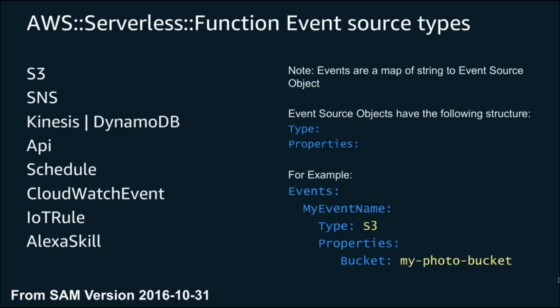Now, with a serverless function, you have the ability to configure directly the event source. And again, there are a number of different event sources that exist inside of AWS today. And so SAM really focuses on enabling you to configure the most popular ones that we see. And actually, when we cover things such as SNS, S3, Kinesis, and API, this actually covers an overwhelming majority of the use cases that we see with serverless applications. And so pretty much all of these have something very similar in structure. You have a type, and then you have properties for the event. So we see here an example of an S3 invocation event being configured here, where we reference a bucket itself.